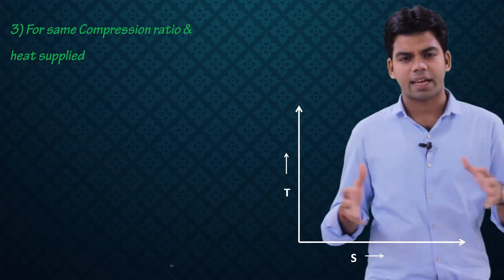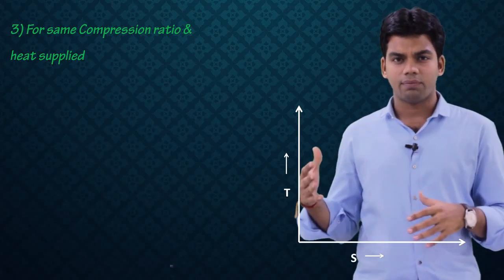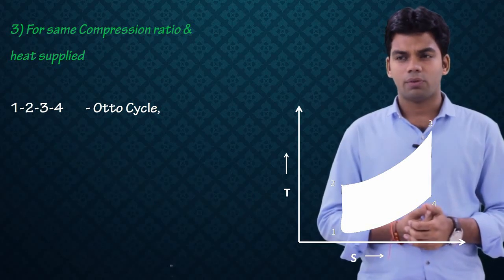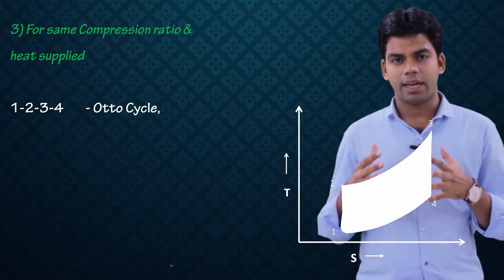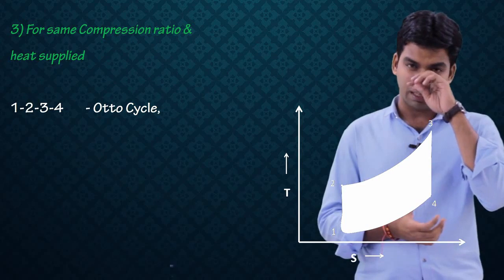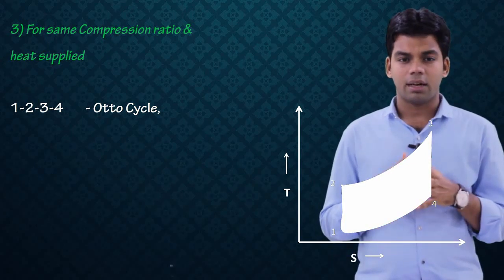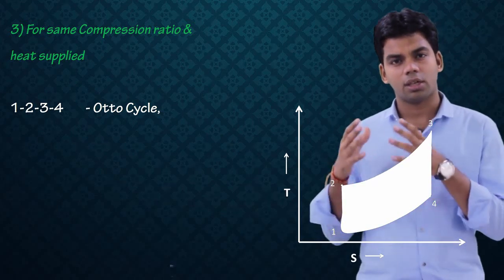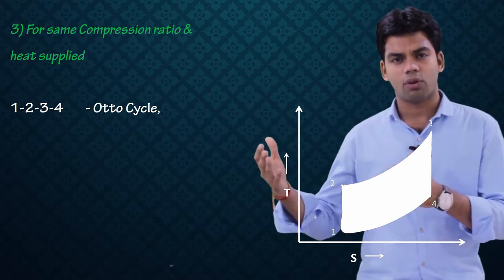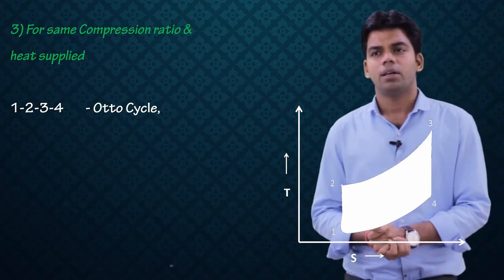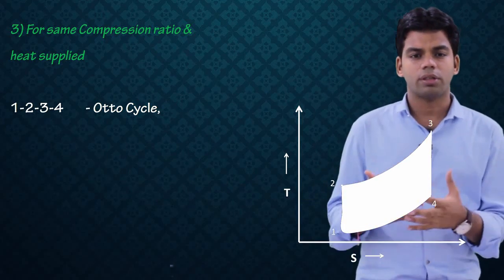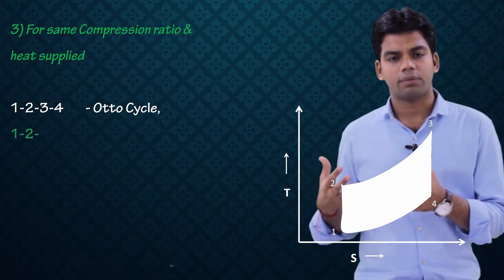So, just draw the TS diagram for this. So, the cycle 1, 2, 3, 4 in white is the Otto cycle. Then we have to have the heat addition as same, heat addition should be same. That means the area which is under 2, 3, that is nothing but the heat addition under Otto cycle, that should be same for diesel and dual cycle as well. So, what can be done is in dual cycle, if I draw the dual cycle would be like 1, 2,